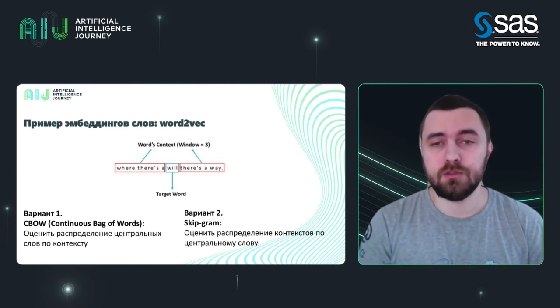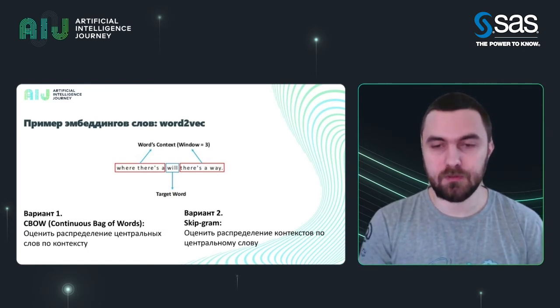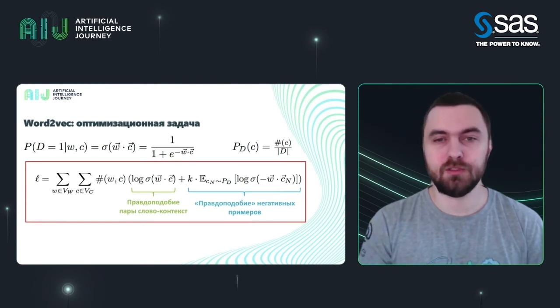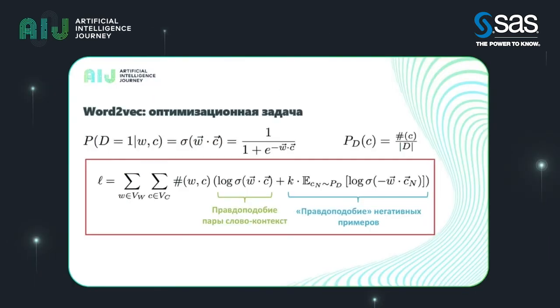Now, there are two approaches here to building these vectors. One is to learn to predict the context based on the word. So the word will give us a chance of finding something similar to it around it. Another one is knowing the context and finding the word. The optimization task is formulated pretty simply. Just formulate how we use this multiplication, the vector of the word and the vector of the context. How do we get the chance that the word is found in this context?